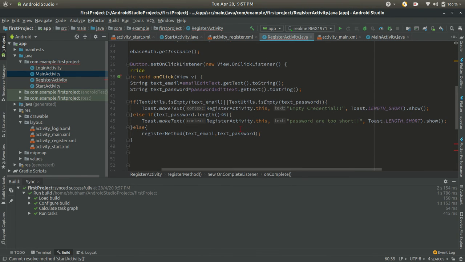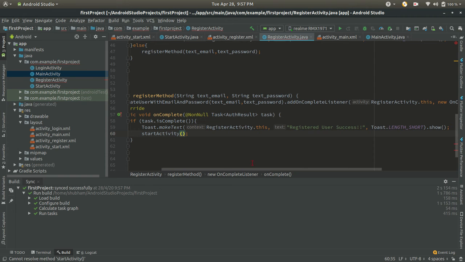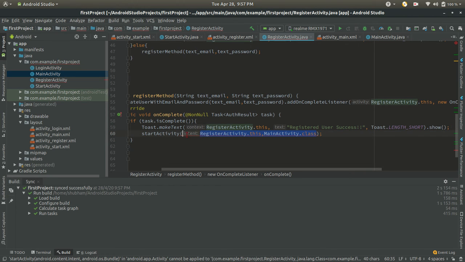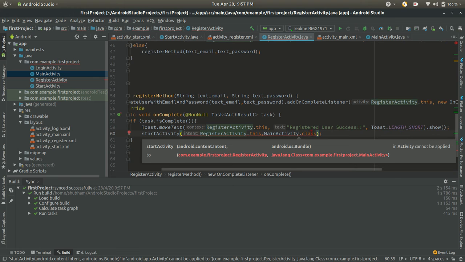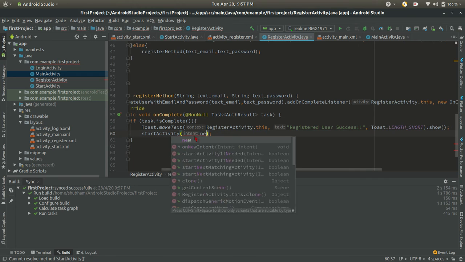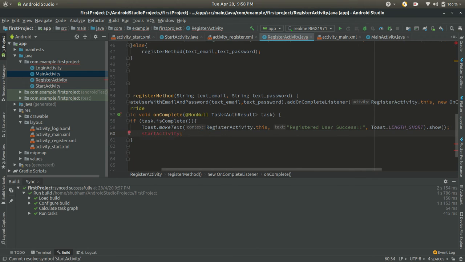And now come to the register. So here we will give RegisterActivity dot this comma MainActivity dot class, new intent.